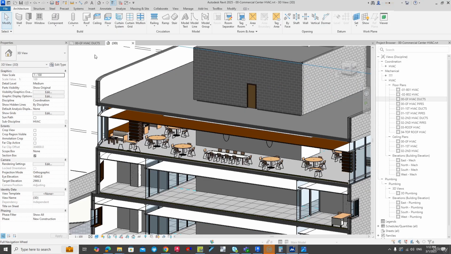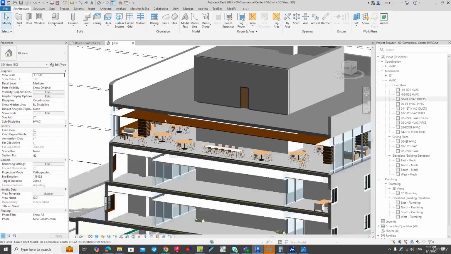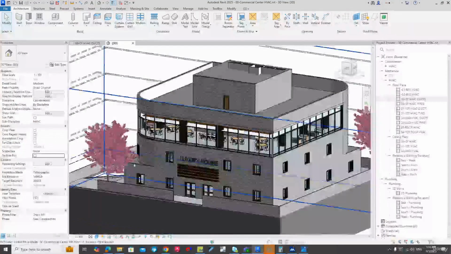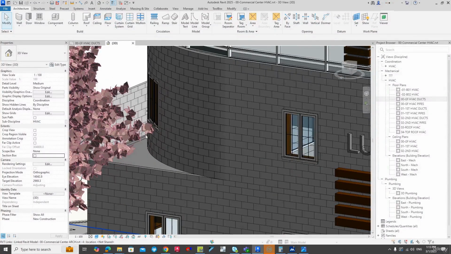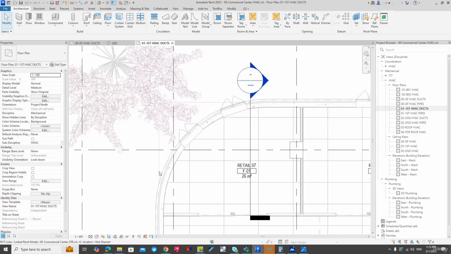Now we are calculating the load of the retail 01. So I will go to 3D view. I will disable selection box, and as you can see, part of the roof of this room, or the upper slab of this room, is exposed to the sun. I will go to the first HVAC ducts, and I'm going to find this small area, to enter this area and to define this area as a roof for retail 01. So how to find the area of this